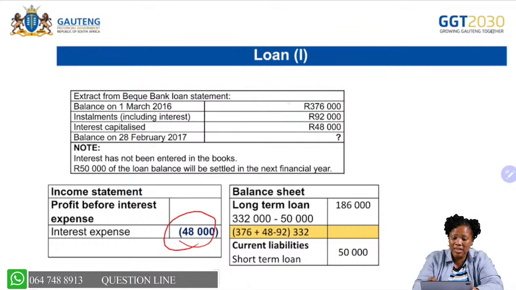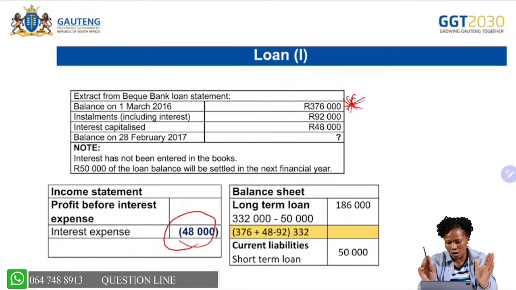All right. But you're given too many figures here. There are too many figures that may confuse you here. You need to be very careful. You are now going to take your 376, the opening balance. Remember, we want to determine the balance at the end of the year. It's very easy to do. But let me show you how you are going to enter this in your